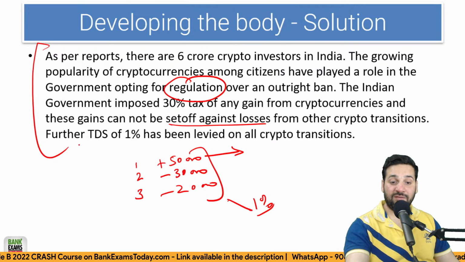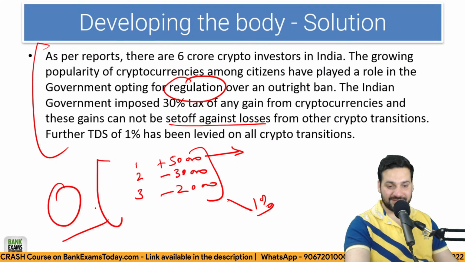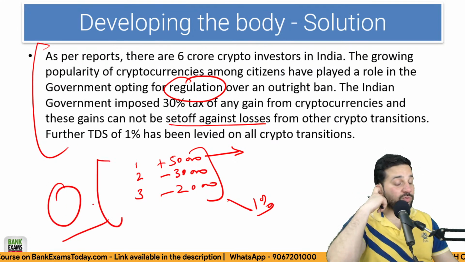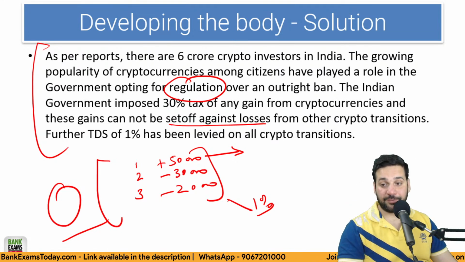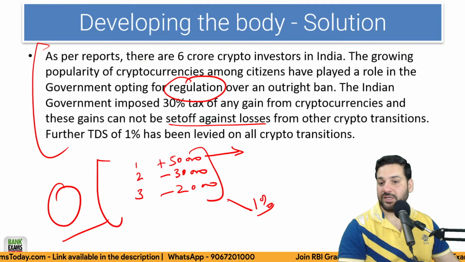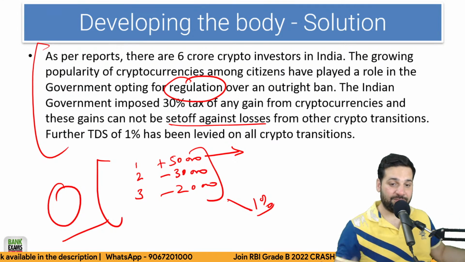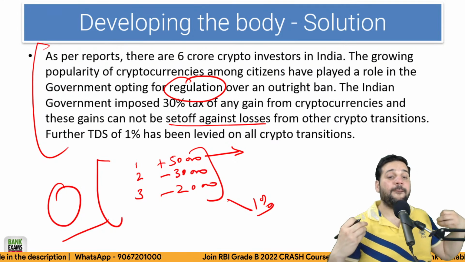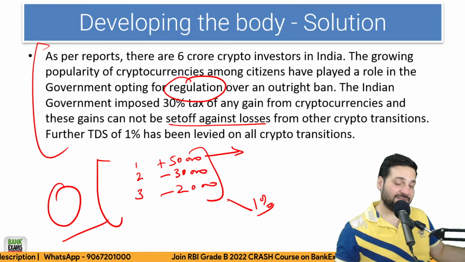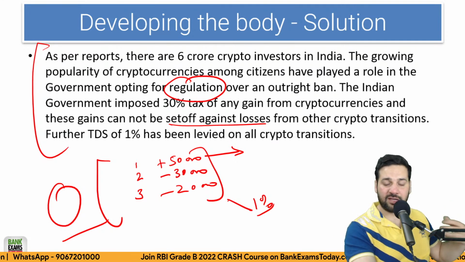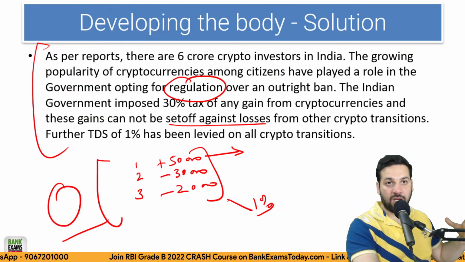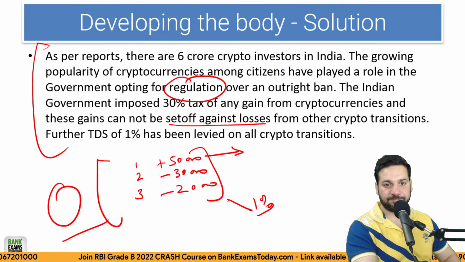While in case you have invested in stocks, you need to pay zero tax. In case of stocks or mutual funds, you don't need to pay any tax here. That can be set off. But in case of cryptocurrencies, that cannot be set off. This is a solution by the government of India. They are charging penal taxes of 30%, which is highest, much higher than equity or the debt or anything, right?